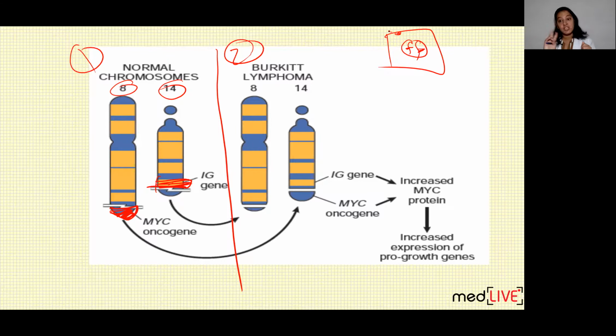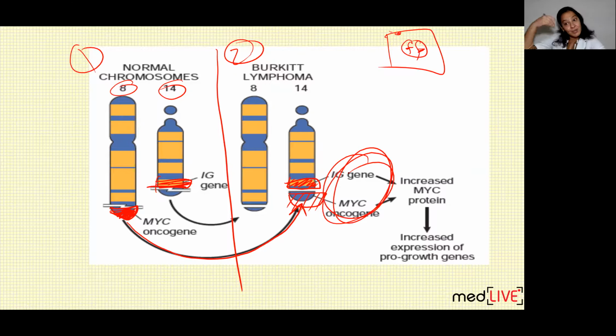But during translocation, what occurs? MYC gene, which was normally present on chromosome 8, is translocated to chromosome 14. On chromosome 14, Ig was already present. Can you see? Ig was already present. Now MYC is also present on chromosome 14. So on chromosome 14, a fusion gene is formed. MYC-Ig fusion gene, a new gene is formed. In exchange for the MYC gene, chromosome 14 has given a portion of it to chromosome 8, but it doesn't contain any important gene, same as 9;22.